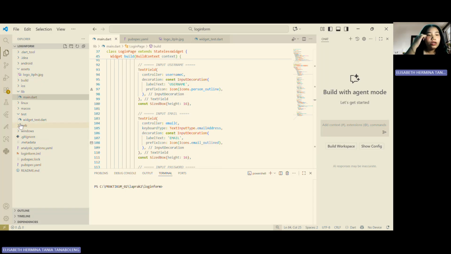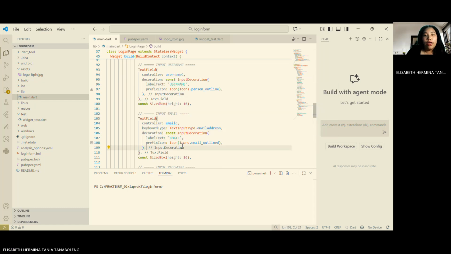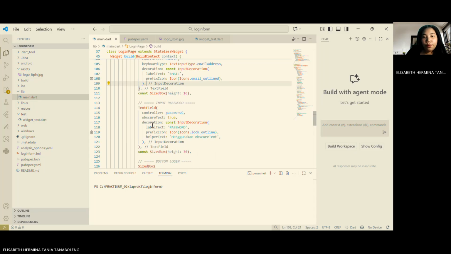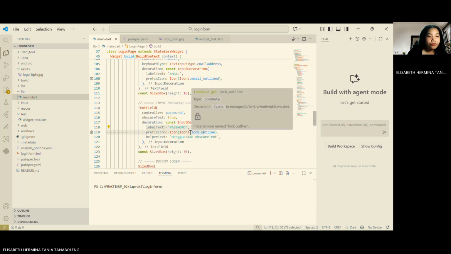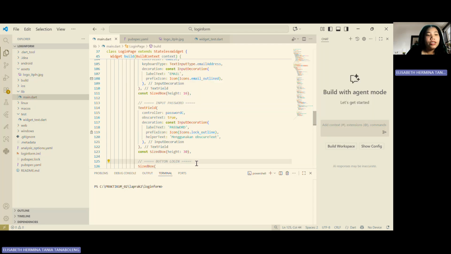Next, when the top section is complete, users can fill in their input fields: username, email, and password. Each field has an icon for easy recognition.